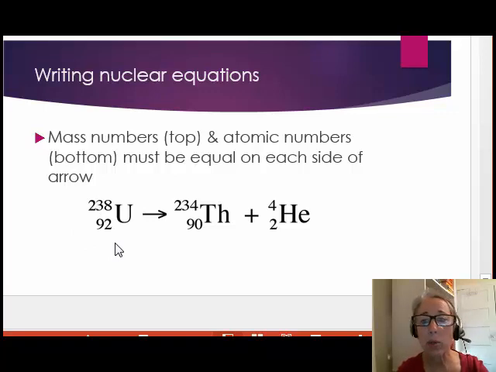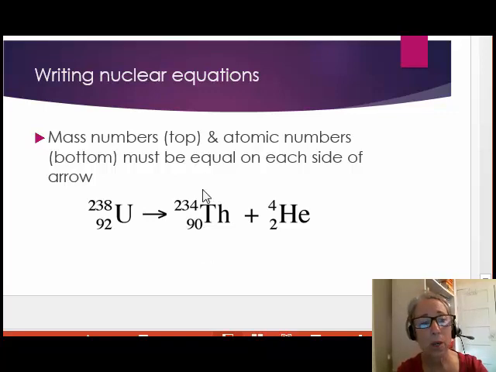The sum of the mass numbers and the sum of the atomic numbers must be equal on both sides of the arrow. This example expresses the alpha emission of the isotope uranium-238. On the left side of the arrow is the symbol for uranium-238 with a mass number of 238 and an atomic number of 92, which we could find on the periodic table. On the right-hand side of the arrow is the symbol for the alpha particle, or helium nucleus, as well as the isotope produced, thorium-234. It has a mass number of 234 and an atomic number of 90, which again can be found